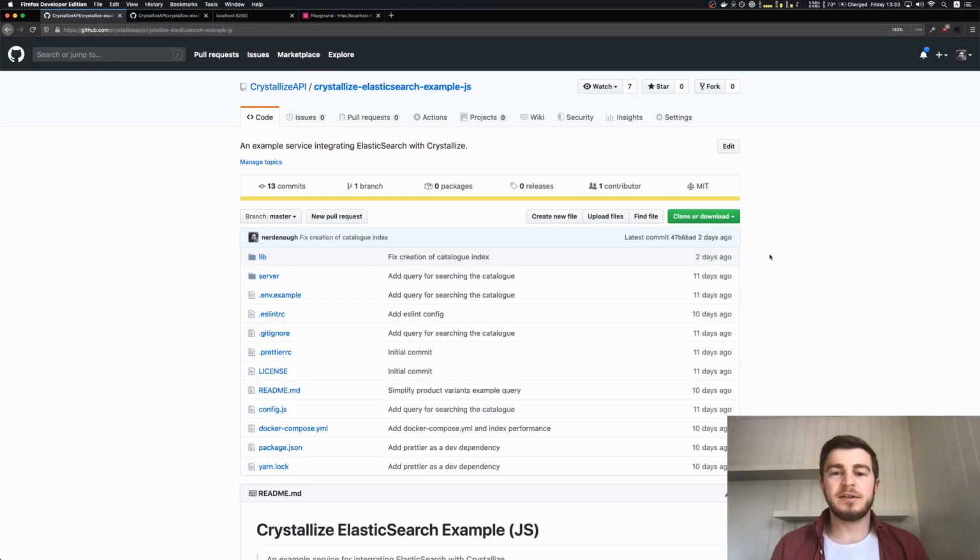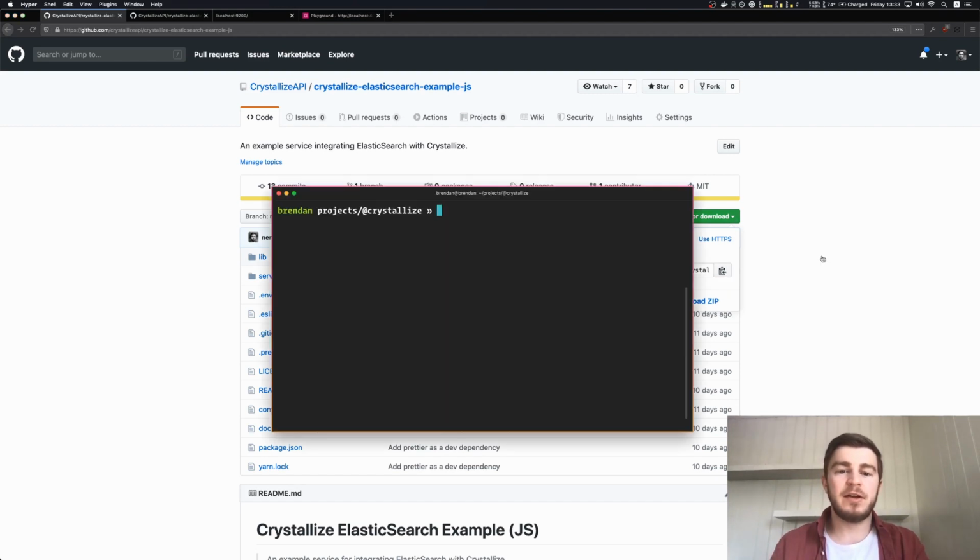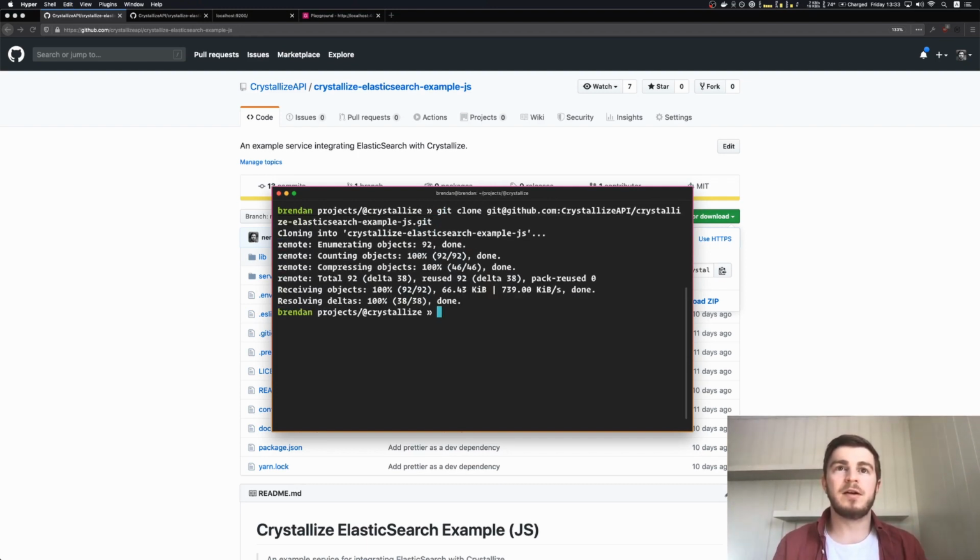In order to get started, we first need to clone the example project into our workspace. And we can do that on the repositories page by clicking on Clone or Download, copying the URL, and then opening up our terminal and running git clone the URL. This will clone it into our local directory. And then we can change directory into Crystallize Elasticsearch